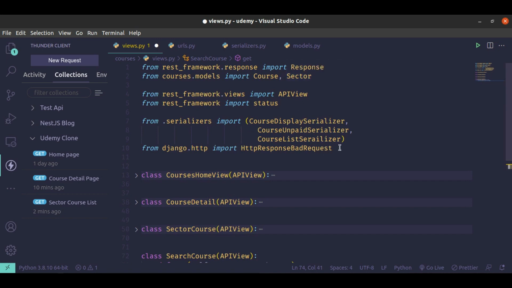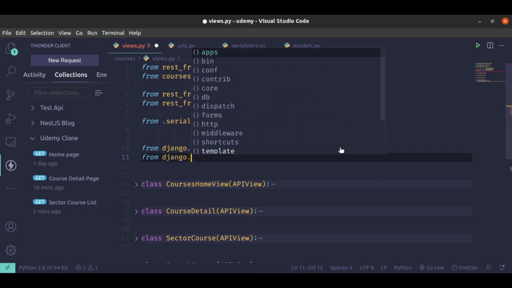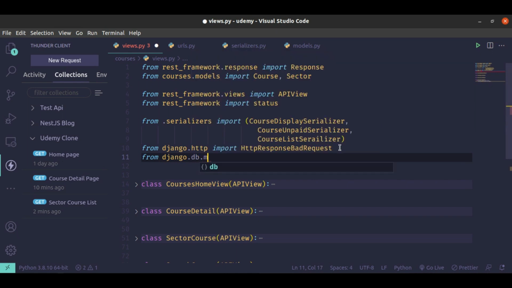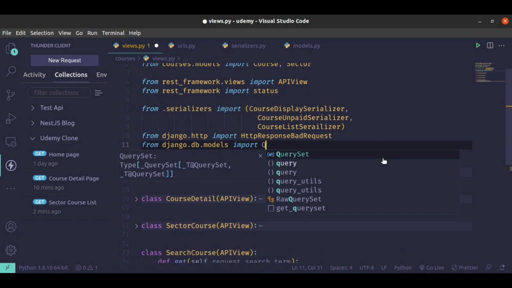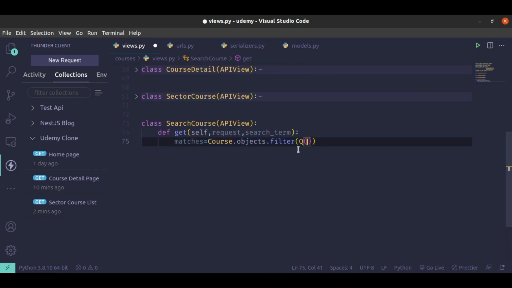So let's do that one below this one. So from django.db.models import Q. Okay, so the Q is going to allow us to do filtering. Usually the filtering is AND, but this Q thing is going to allow us to do OR. Okay, so we are going to filter with the title